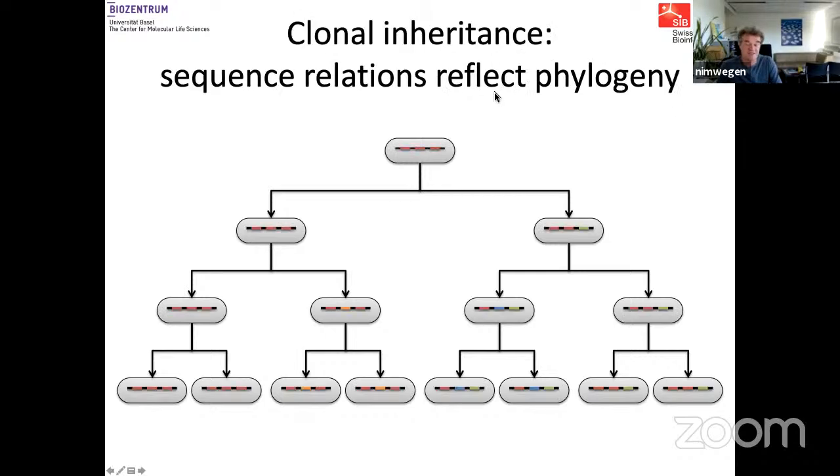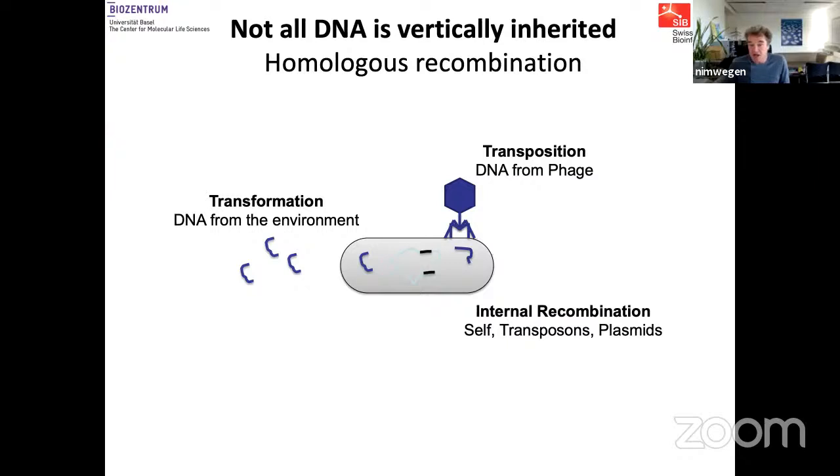And if it were the case that DNA sequences would only be transmitted vertically, that is to say, every time a cell copies its DNA and divides, then by looking at the DNA sequences today and reconstructing a phylogeny from those, we would essentially find the clonal phylogeny. And this would allow us, for example, to model the evolution of the phenotypes of these leaves along the branches of this tree. All right, but we also know for a very long time that not all DNA is vertically inherited.